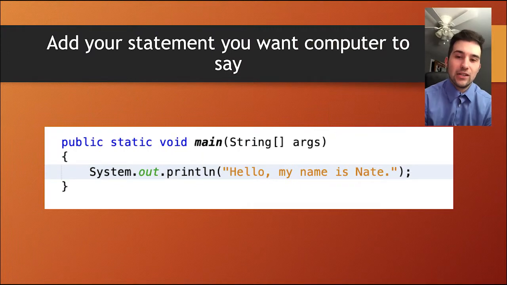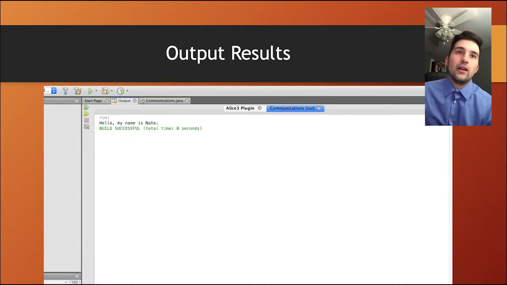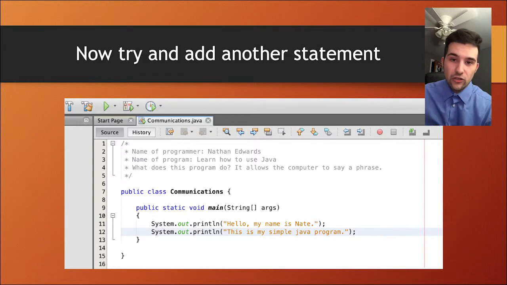Again, here's my example. I have the system.out.println, and then in parentheses, you have to make sure you put parentheses before you put your statement, and then type whatever you want in those parentheses, and that will be the output result. Now, if you want to see the output result, you will click in the top bar, and there is a little arrow type thing. You're going to click that. That will execute your program or run it. They call it run. It's basically where it shows the output results of your program, and it will then show the running and the final output results of your statement. That there is your final program.